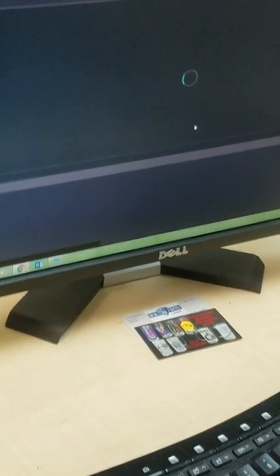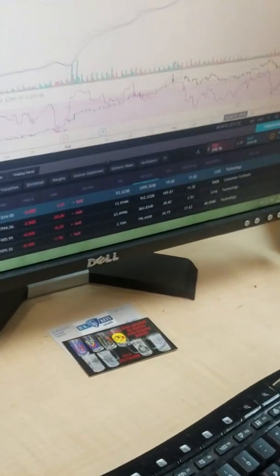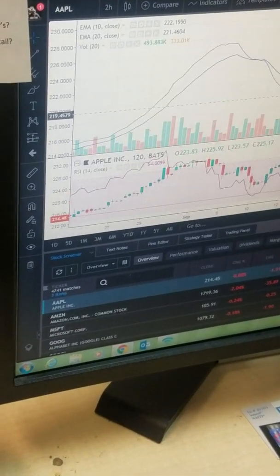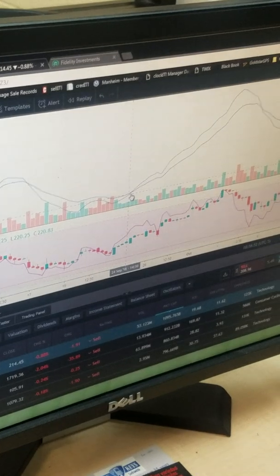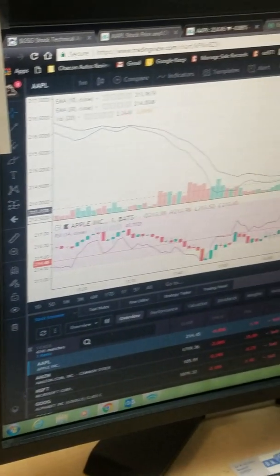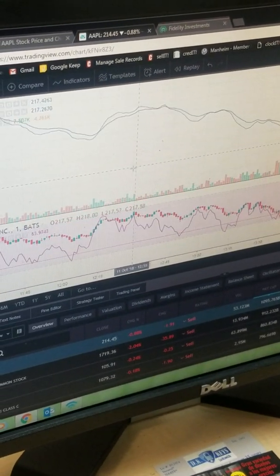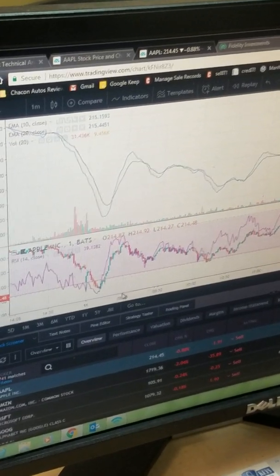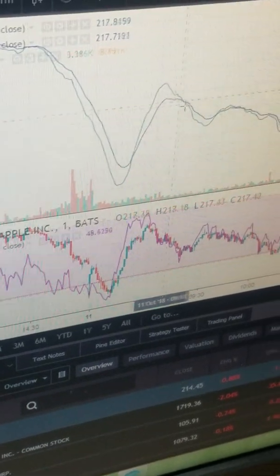So with Apple, for instance, James trades Apple. Why did it do my RSI here? Anyways, so there it goes. With Apple, on the daily, let's go on the day. The day began this morning at 8:30 a.m. So right here, 8:30, Apple took a big jump, and then all of a sudden it lost.